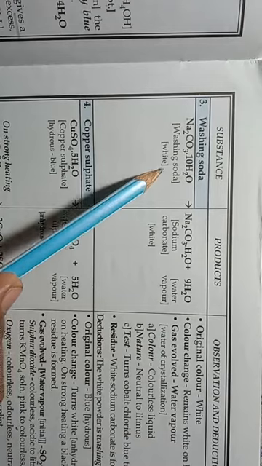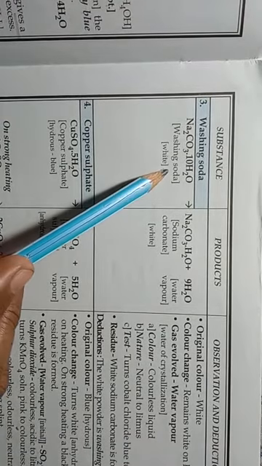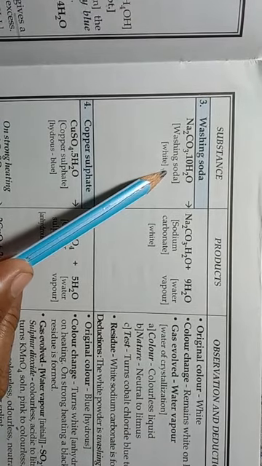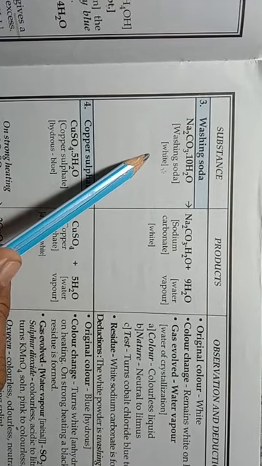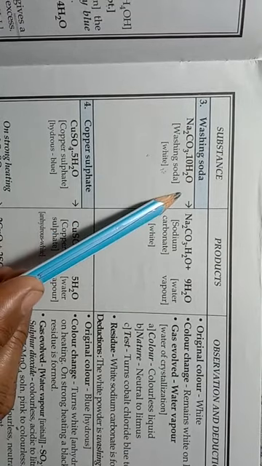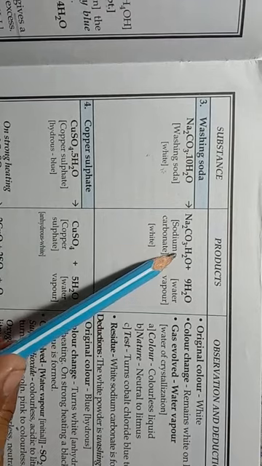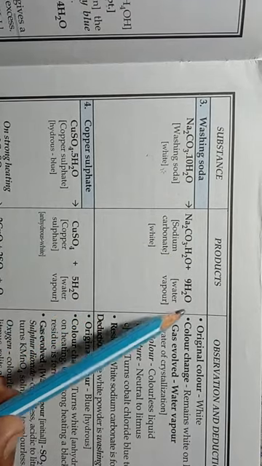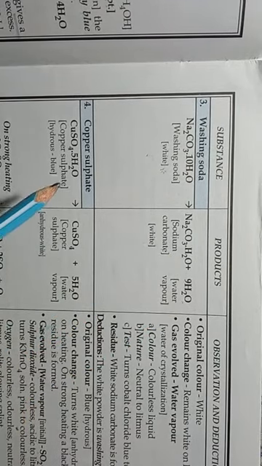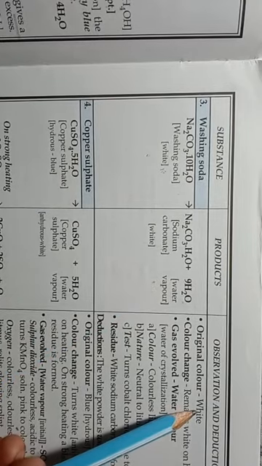This washing soda, sodium carbonate decahydrate, which is white in color, when heated is converted into sodium carbonate, which is white, and water vapors are evolved. So the original is white,